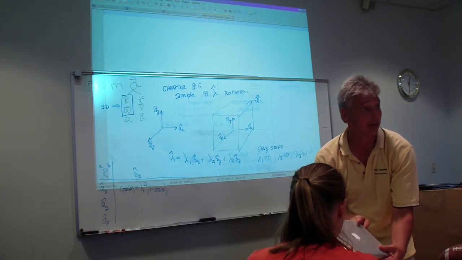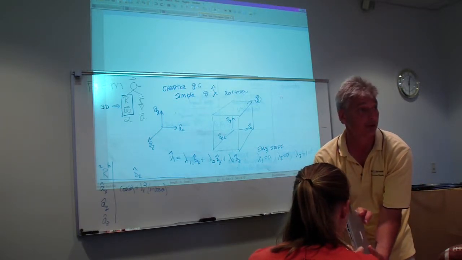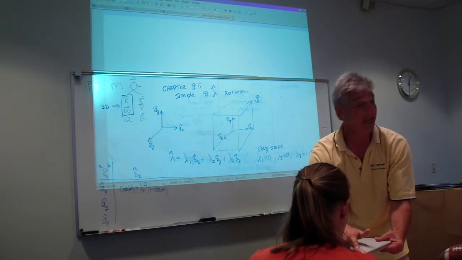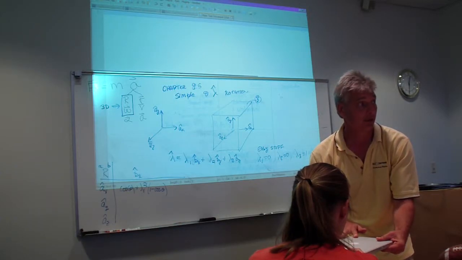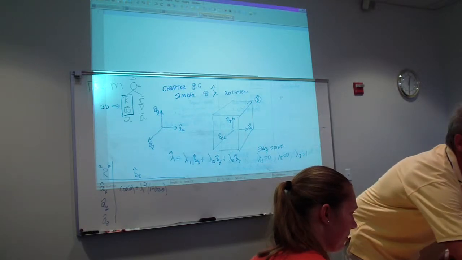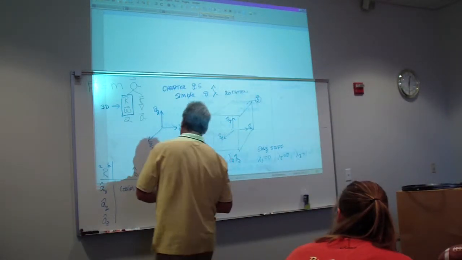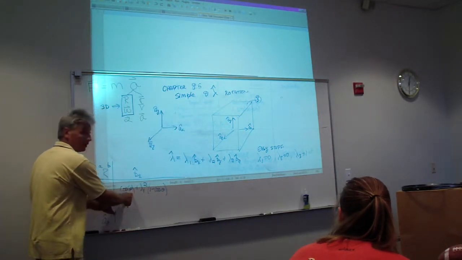We rotate by an angle theta. So that would be like 45 degrees. If we rotate by 90, this would be a 90 degree. So that's what's meant by theta. So you pick any vector to rotate about, and then you rotate it by a certain angle. And then you say, what happens to the orientation? Well, it turns out you can put it into any orientation doing this, and theta is the angle that you